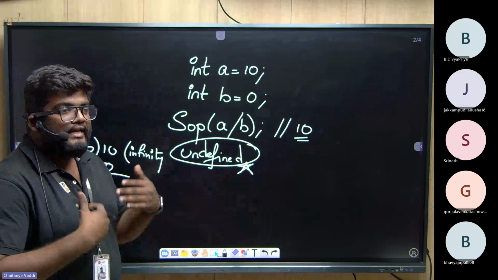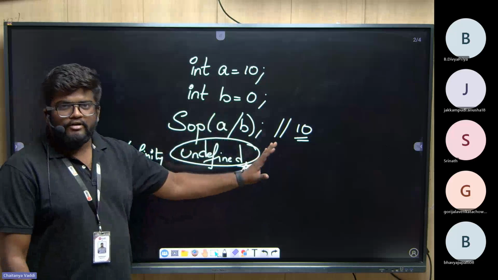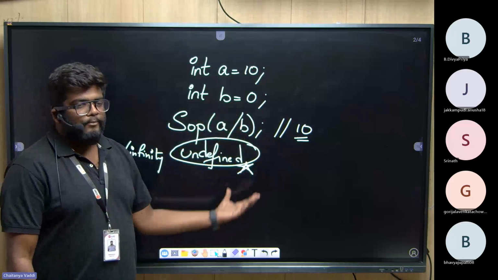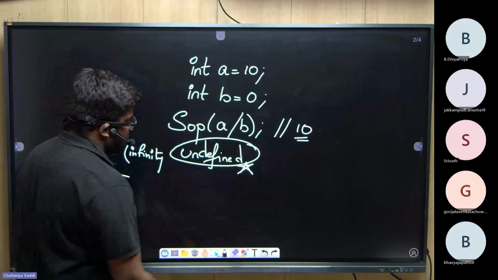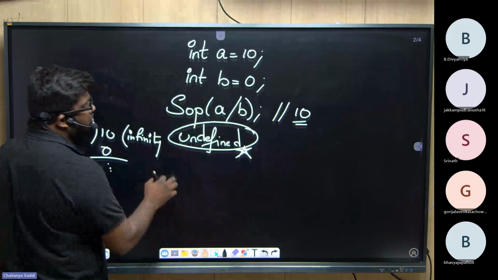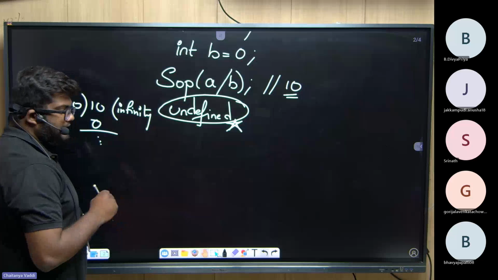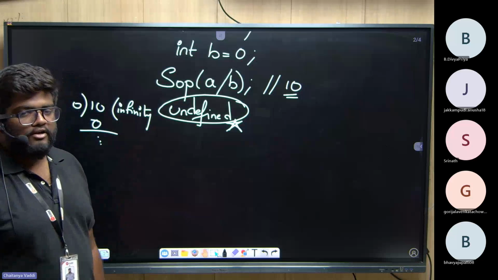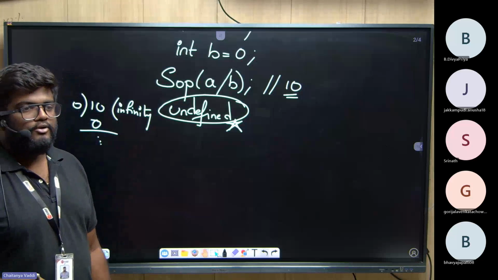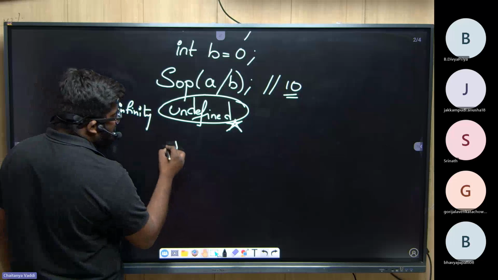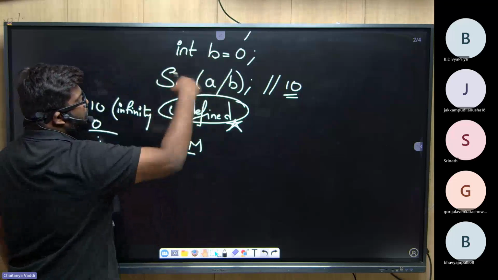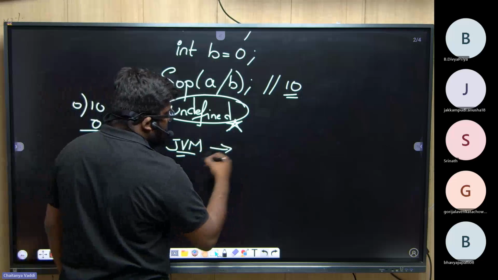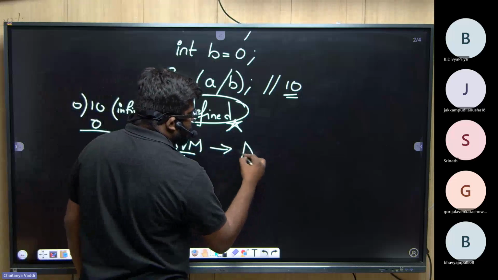But still, it is undefined for us. Can the computer work on it? Again, the computer also cannot get to a conclusion here. Instead, it is going to get stuck performing this specific operation. It is not going to complete that operation anytime soon, right? So what our JVM intelligently does is, JVM will recognize that there is a problem here and it will specifically throw an exception called